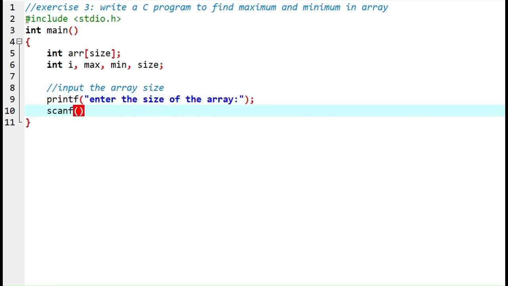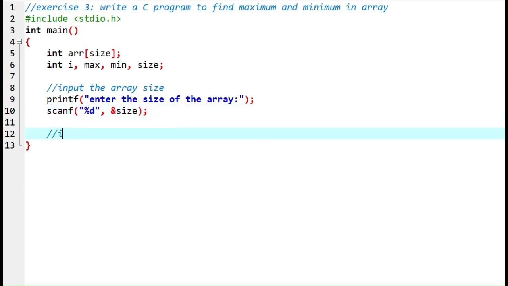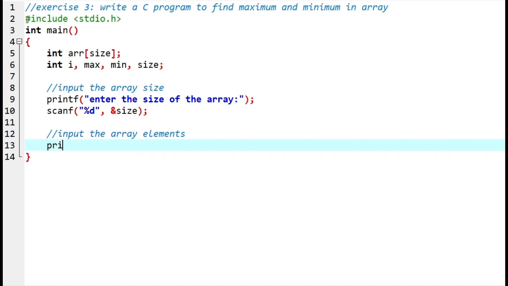scanf, %d, and size. Now let's input the array element. Printf, enter the element of this array,